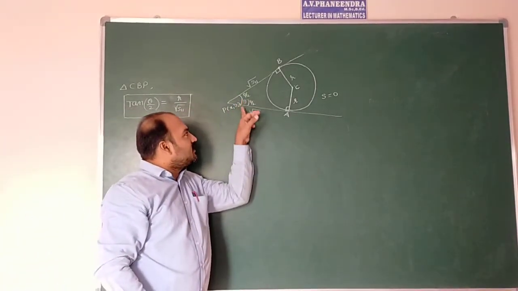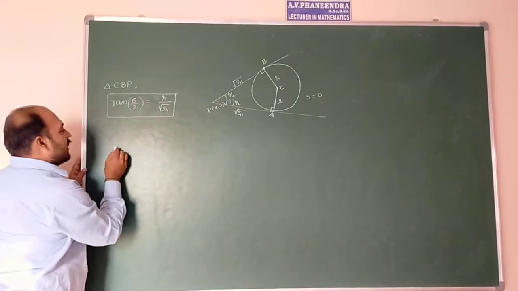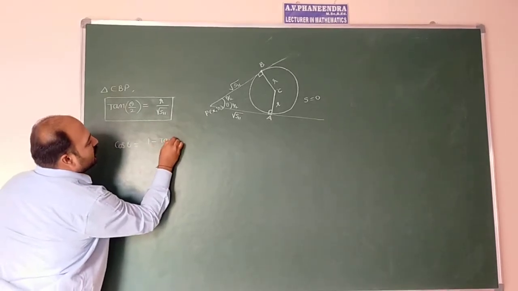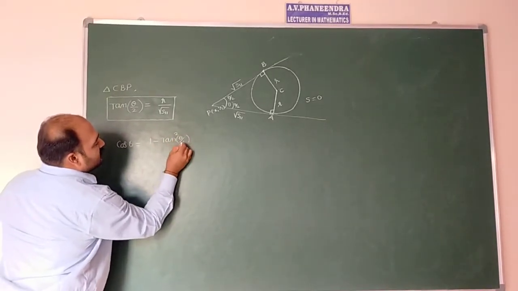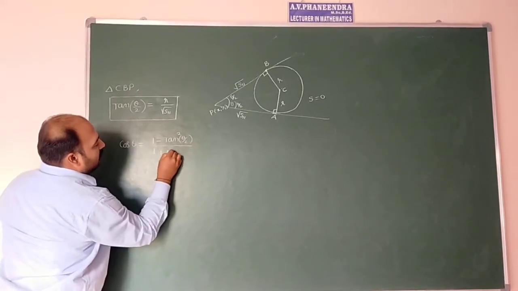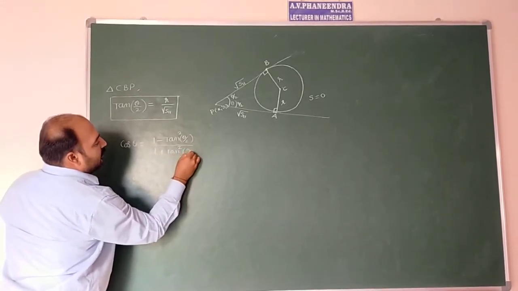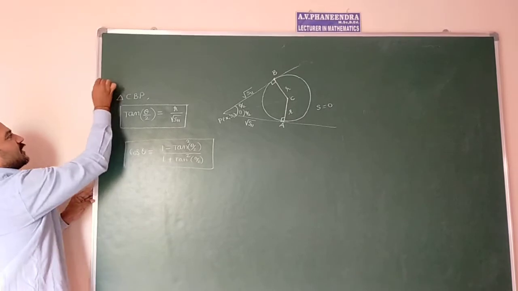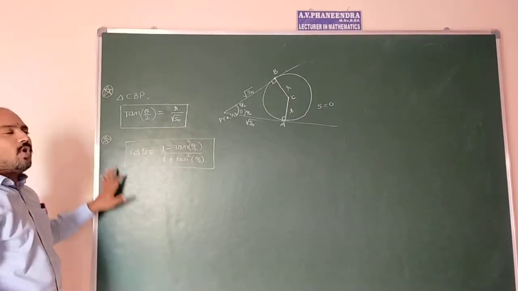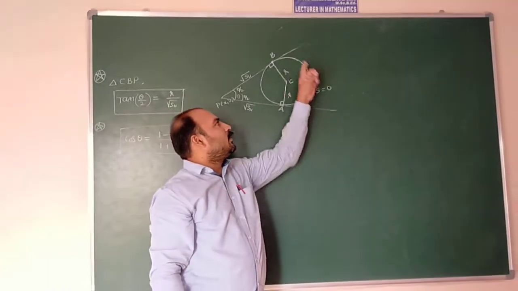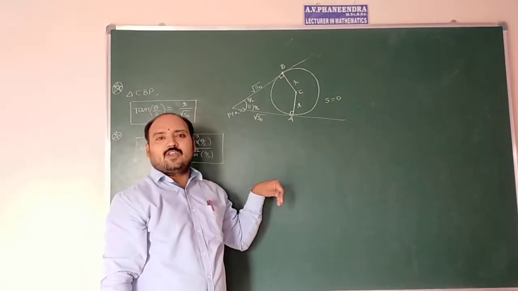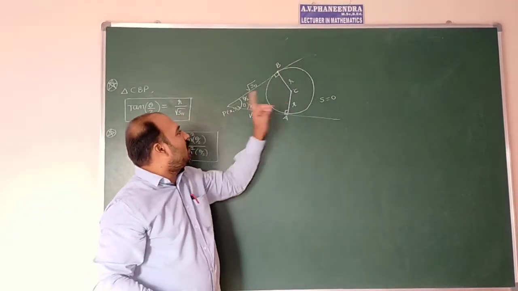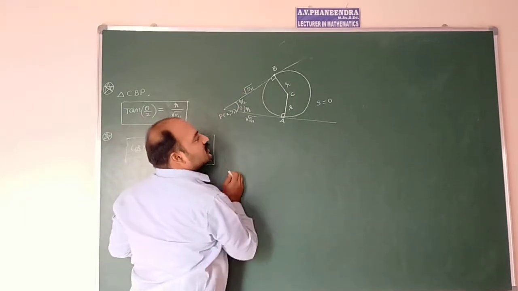But the angle between the two tangents is theta. Then whenever theta is there, you can calculate cos theta, cos theta in terms of tan: (1 minus tan square theta by 2) divided by (1 plus tan square theta by 2). This is the formula to calculate the angle between two tangents. And one more important thing regarding some MHT-CET or JEE concept. Not only these two formulas, sometimes they will give one equation of circle and an external point also. They are asking to calculate the area of triangle either CBP or CAP. These two are similar triangles.